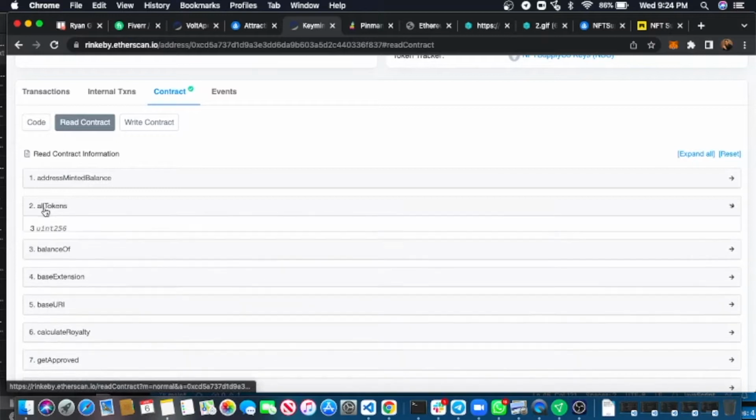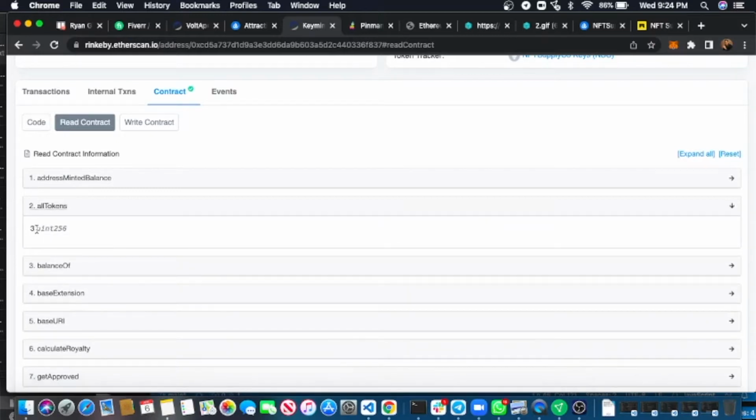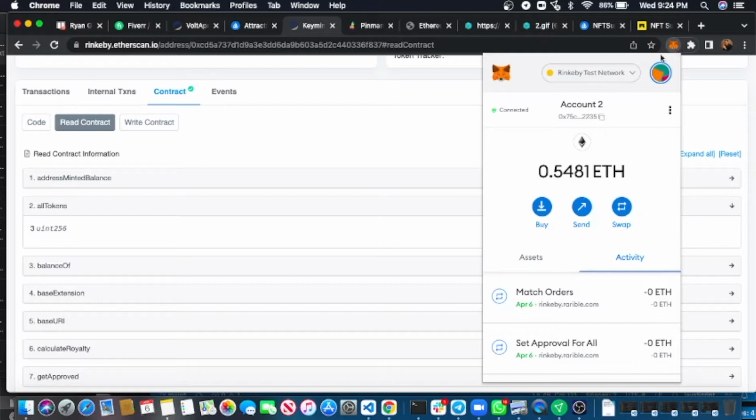So I ran this already. I think I minted 3. So you can see a count of the amount of tokens that were minted at all times. I'm also going to show you really quick how you can check who owns what. You can check based on token ID, where it's located. I'm going to show you where to locate these NFTs after they're minted. So the very first thing you're going to want to do,